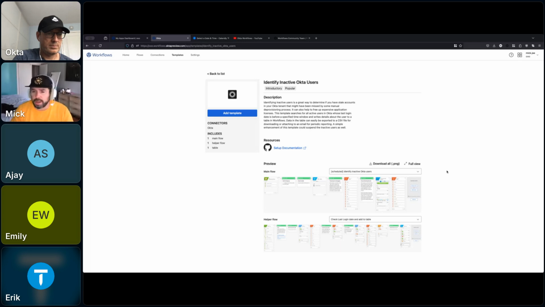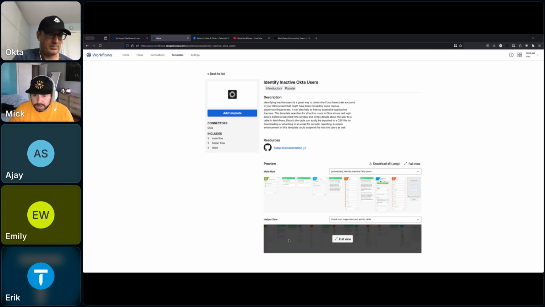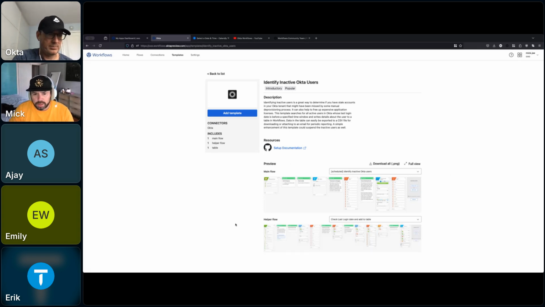It's a great way to visually see and connect the dots of how each card is playing into this. And we do our best to add notes to these templates, so as you're building or testing these flows out, it gives you a little bit more context into what's happening, why we're using this card, things like that.